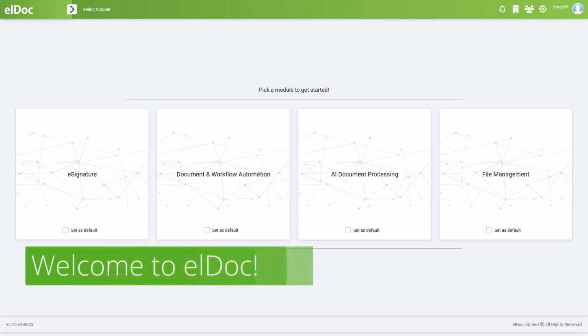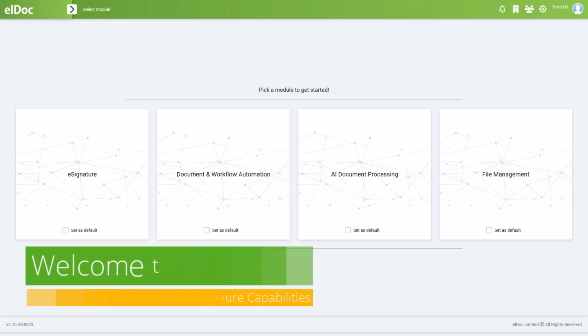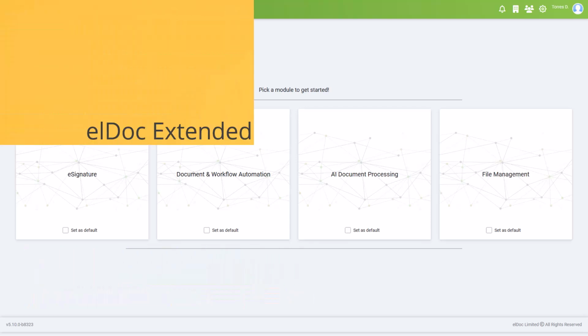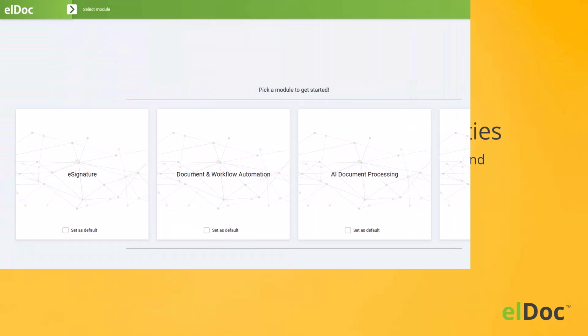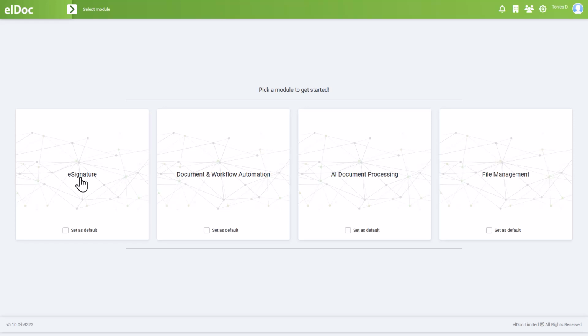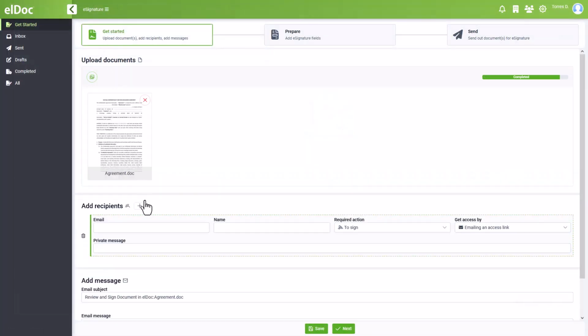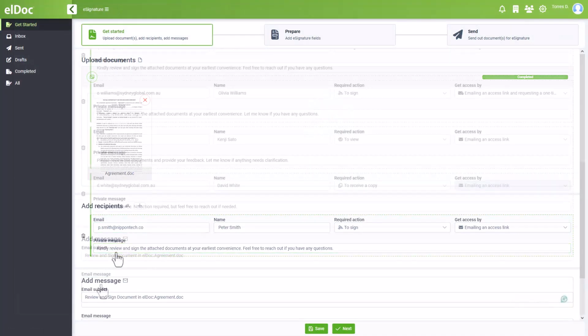Welcome. This tutorial is your guide to mastering elDoc's extended eSignature capabilities. Today, we'll guide you through mapping additional fields on your documents, including setting placeholders for stamps and attachments, ensuring a seamless sign-off process. The process begins with a familiar flow, as demonstrated in our previous tutorial: uploading the document, adding